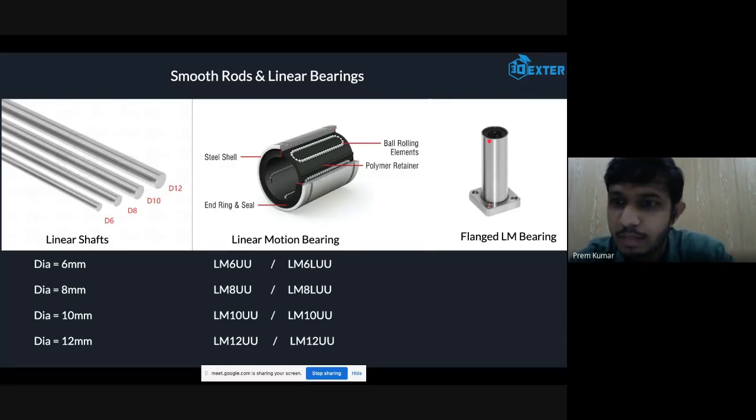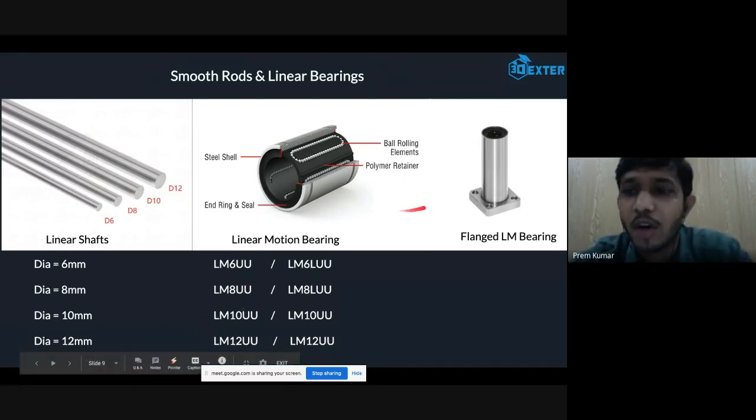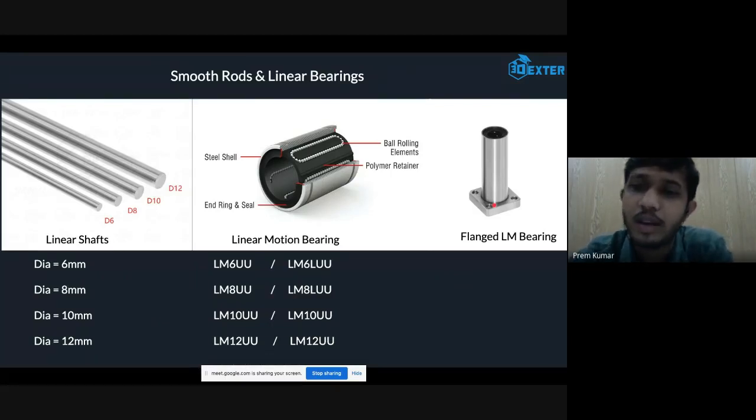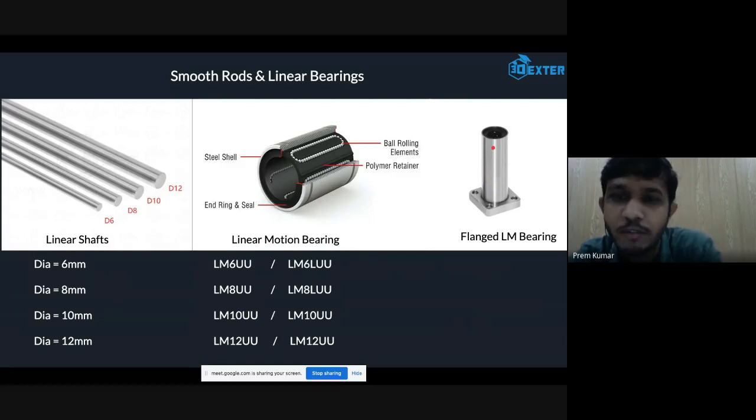These bearings are also available in the same dimensions, like 8 mm, 10 mm, 12 mm. If you are going to build a bigger build volume, like a 300 mm build platform which moves up and down, for those kinds of bigger mechanisms you should go for a larger diameter, 12 mm.